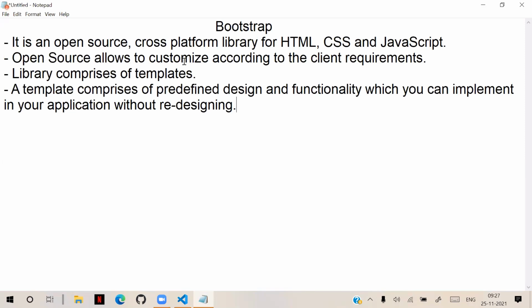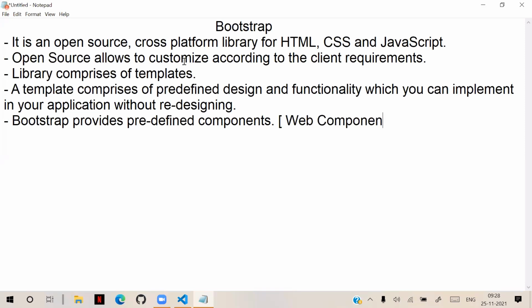So Bootstrap provides predefined components. We call them web components. These components are suitable for web development, web designing. Actually, a component comprises of,